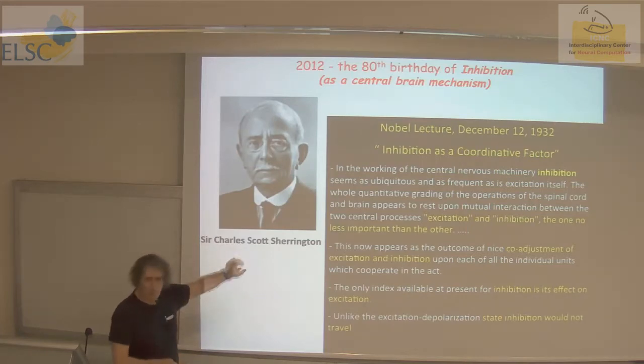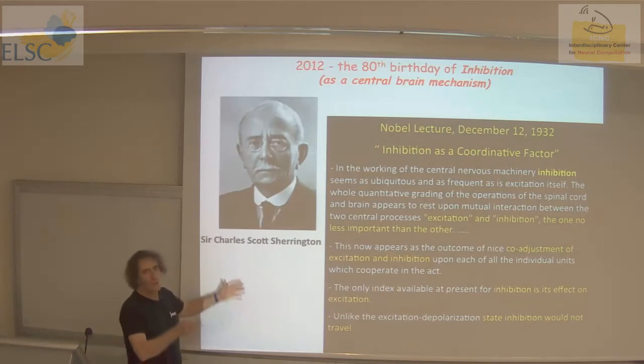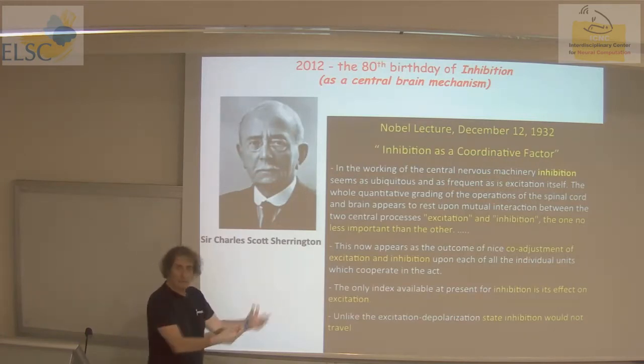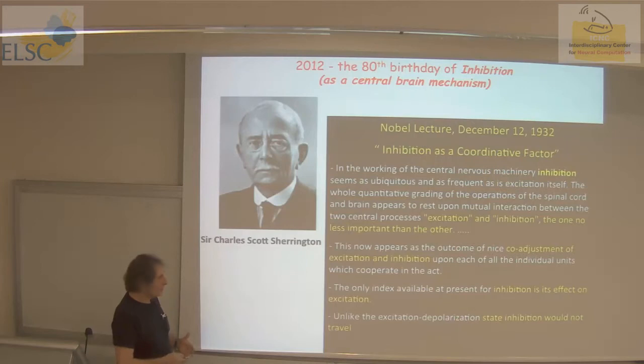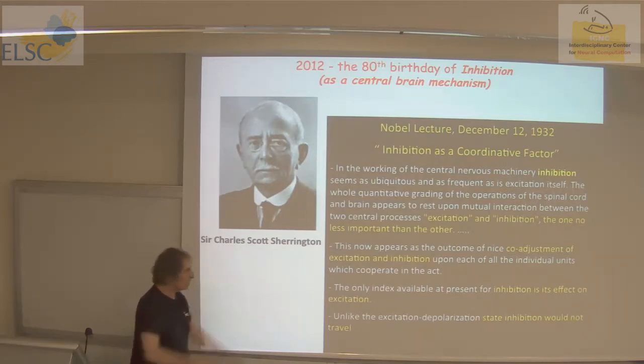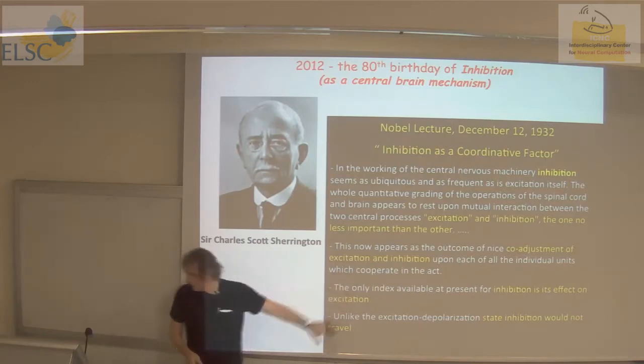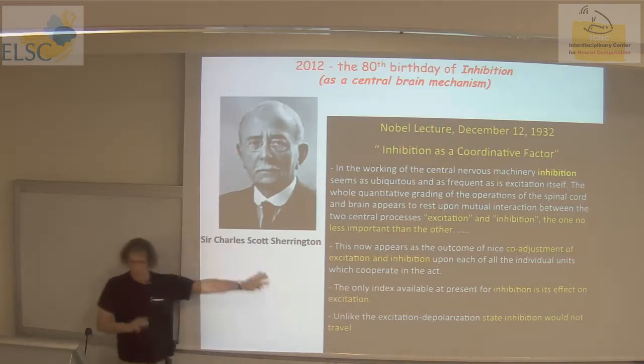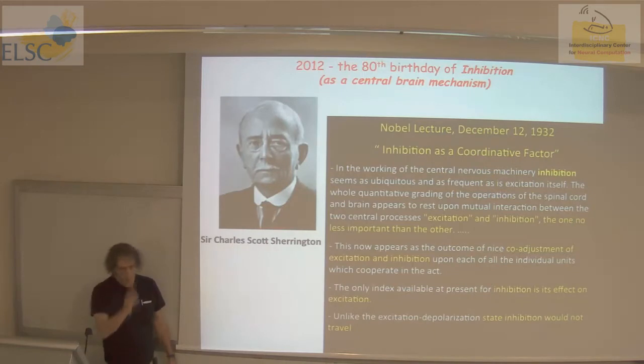This is a very, very crude summary, of course, of many pages of his lecture. And finally, he speaks about how excitation propagates, and inhibition does not travel. So there is a difference between the two. Excitation goes from one cell to the other, if it succeeds in activating the next cell; inhibition does not travel. That's how we thought about this. That's the old way of thinking, but this is the history of thinking about inhibition and